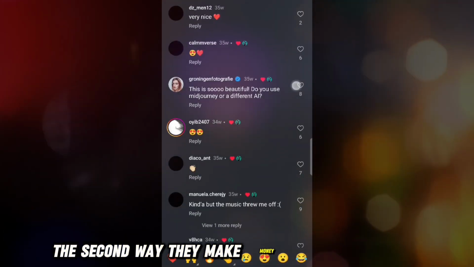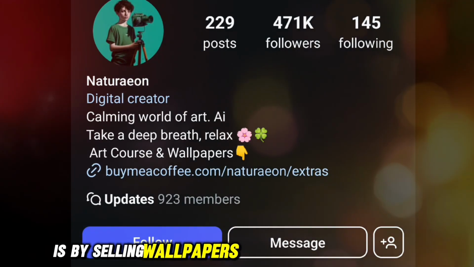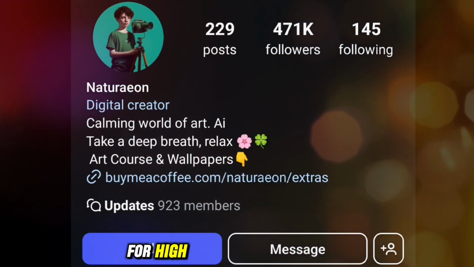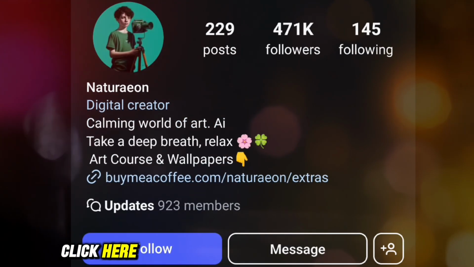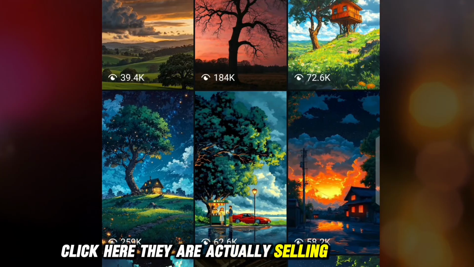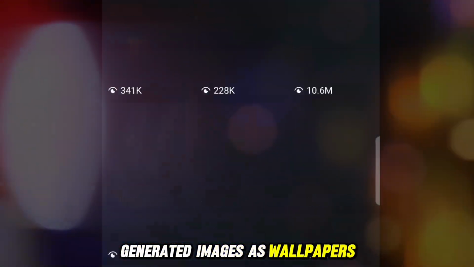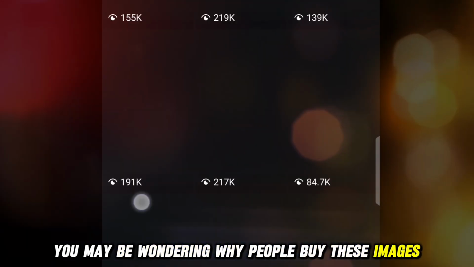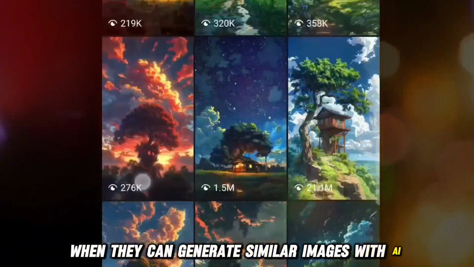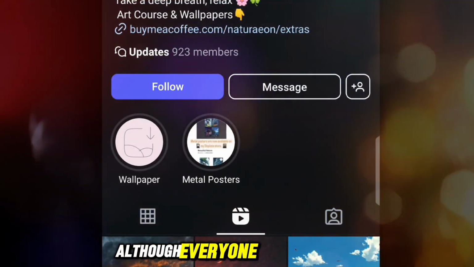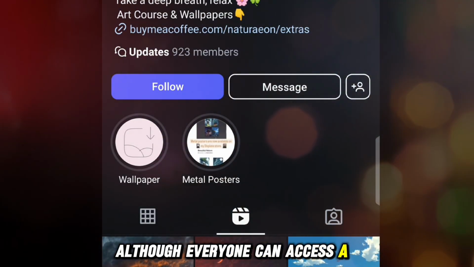The second way they make money with this account is by selling wallpapers. As you can see right here, "For high resolution wallpaper, click here," they are actually selling the same AI generated images as wallpapers. You may be wondering why people buy these images when they can generate similar images with AI for free. Here is the main secret, although everyone can access AI,